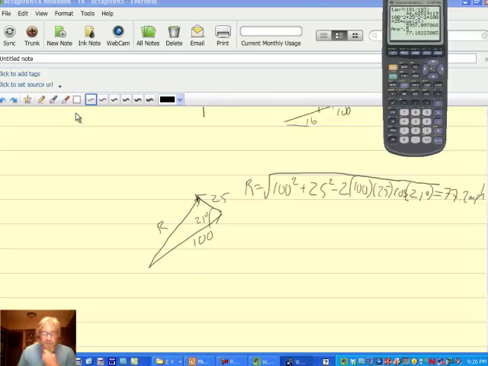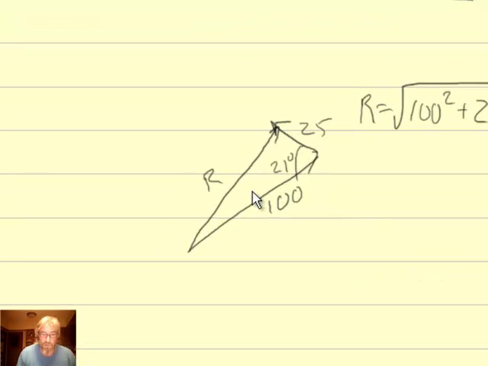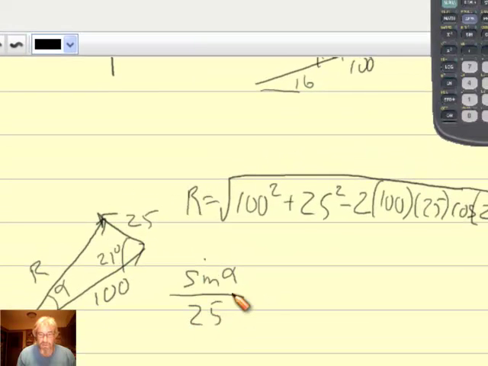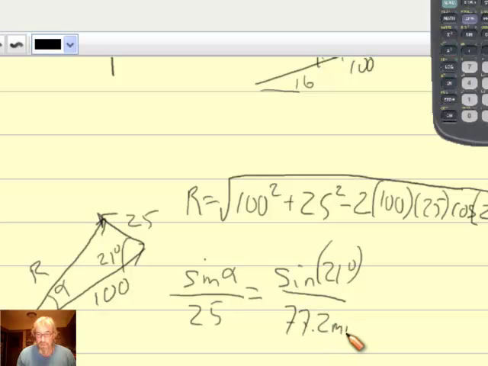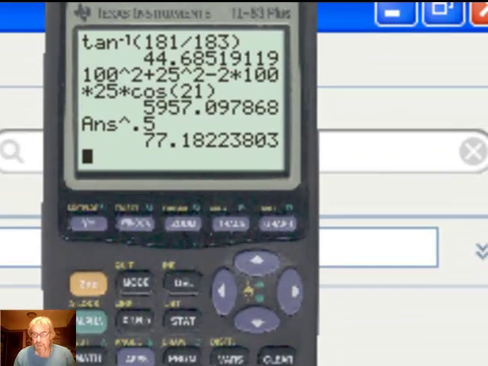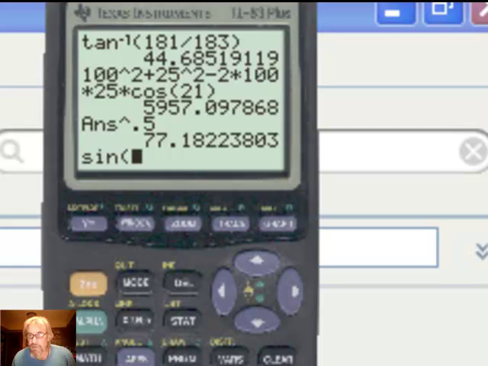Now, the other thing that I needed to find is the bearing. What is this with respect to north, south, east, and west? Well, I can find this angle using the law of sines. Let's call it alpha there. The law of sines, remember, says that the sine of alpha over 25, which is opposite from it, will be equal to the sine of 21 degrees, which is opposite R, divided by R, which we now know is 77.2 miles per hour. So going up to my calculator, I multiply the sine of 21 degrees times 25,